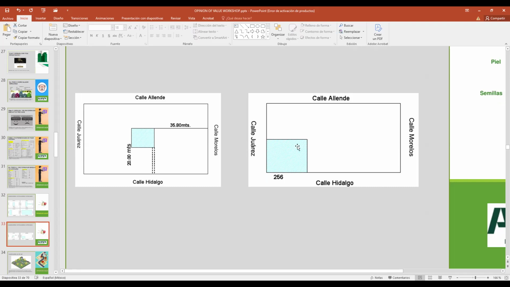And we have another kind of location, the corner, and there's another one, the last one. It's an interior land. It means that they don't have fronts to the streets. They communicate to the exterior from an alley. So we're gonna punish this kind of land.